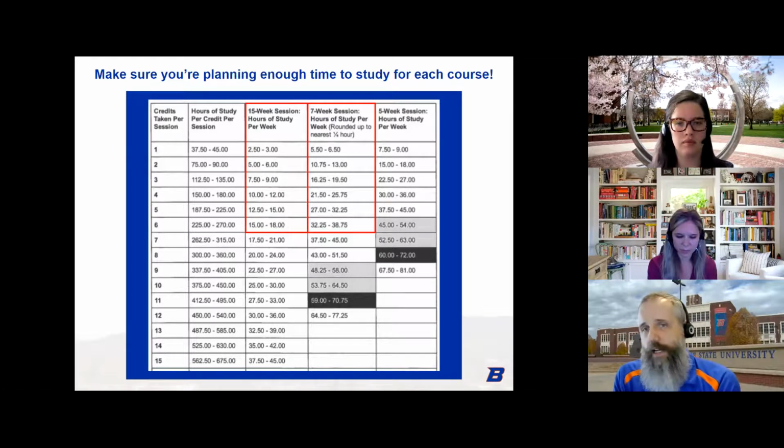A 7-week class, 20 hours of work per week, very realistically 2 or 3 hours a day over a 7-day week is what you should be looking at. Now you may be able to work on that for 6 hours on one day, and then the next day you might not have to work on it, wherever you're fitting that in. But sit down and think about, where can I fit this in?